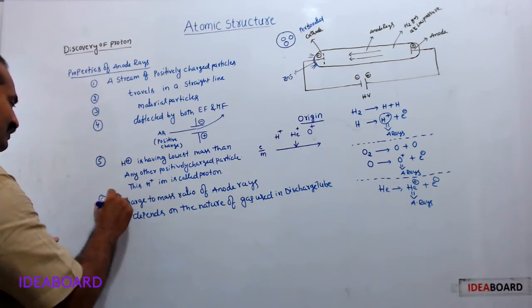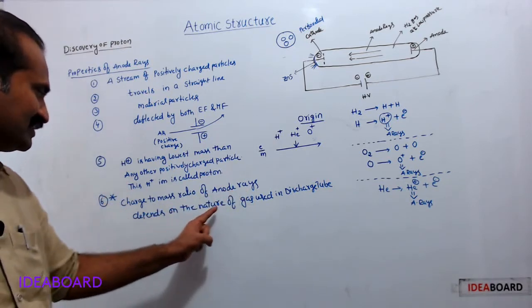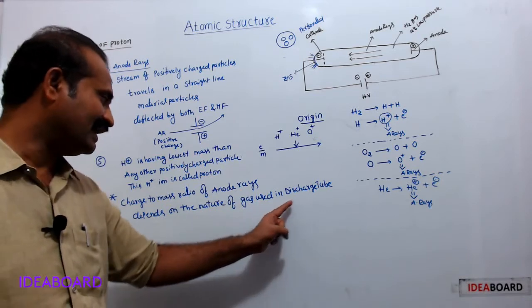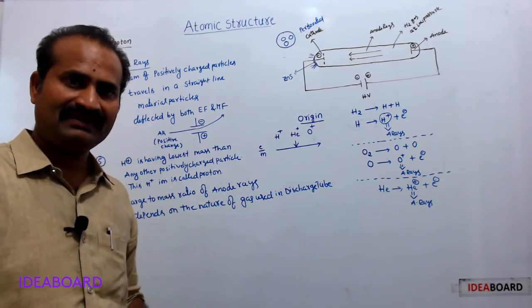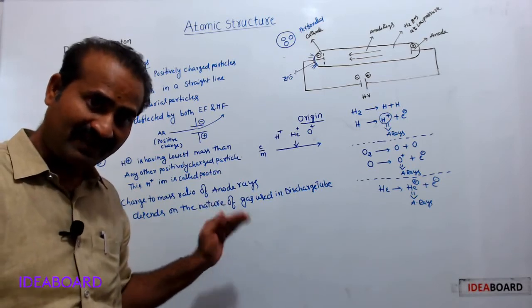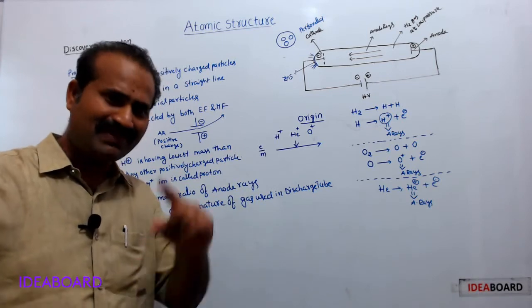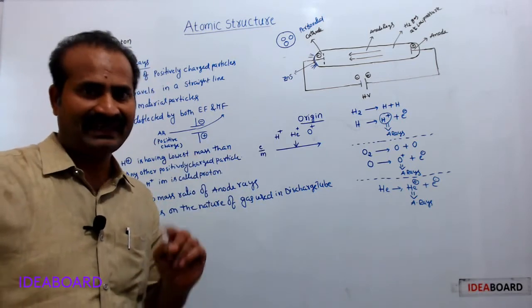Therefore this is very, very important point. Charge to mass ratio of anode rays depends on the nature of gas used in the discharge tube. So these are dependent. But in case of cathode rays,